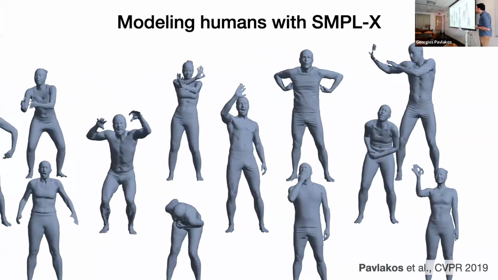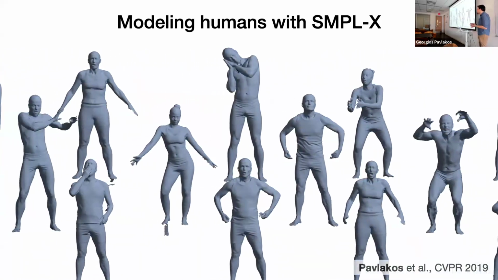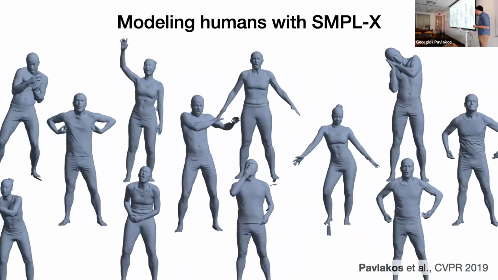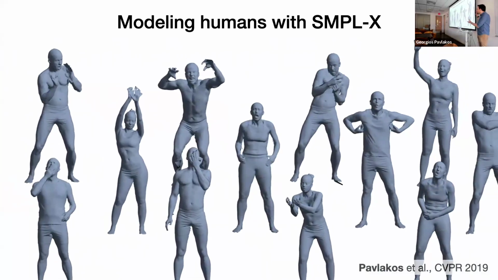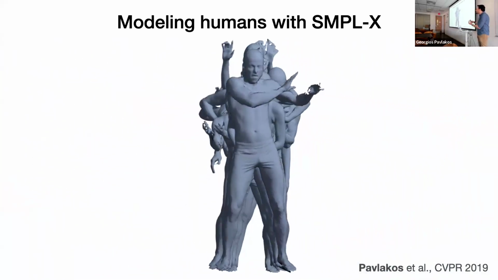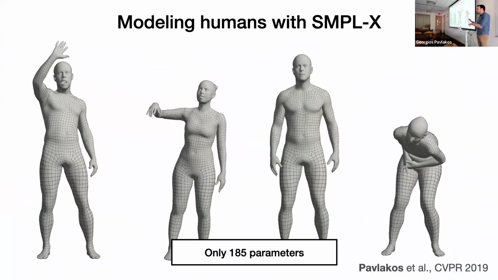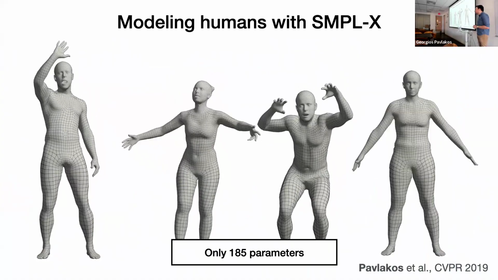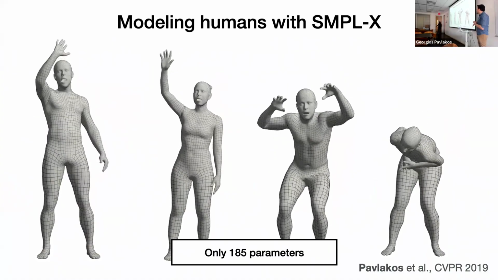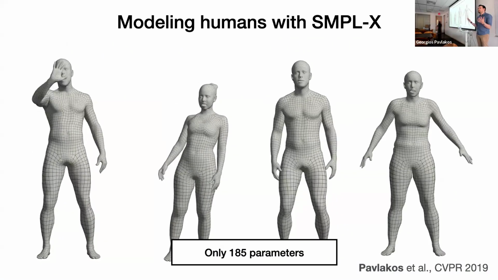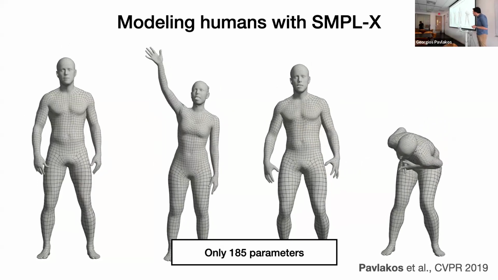As I mentioned, one of the key components for this type of research is parametric models of the human body. One of the most popular and well-adopted models is the SMPL model that my collaborators and I introduced a few years ago. We start from a large collection of 3D scans and learn a low-dimensional representation of the human body. We have a very small number of parameters, we might go down to only 185 parameters, yet with these parameters we are able to represent almost any body type and any pose that humans make in the real world.